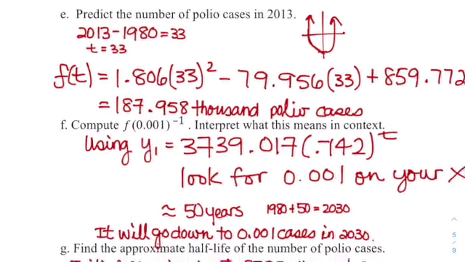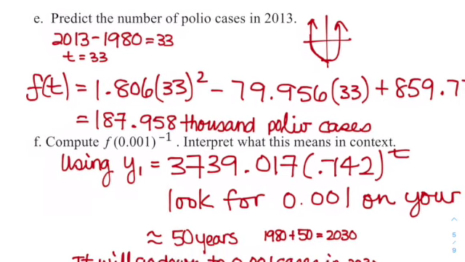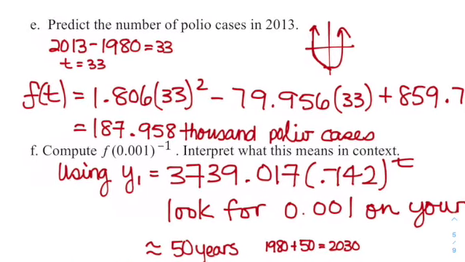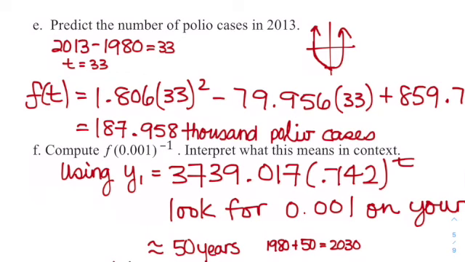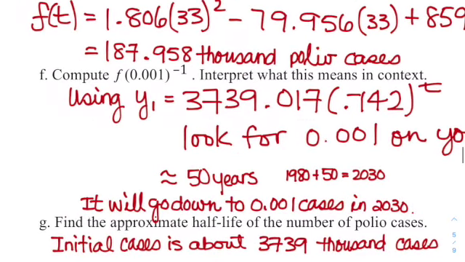Going on to the next problem. Find the approximate half-life of the number of polio cases. Don't forget, half-life is half of the initial value. So initial value, let's look at the equation. The initial value is going to be the very first number. That's the A, 3739. So using 3739, half of that is going to be 3739 divided by 2. That's about